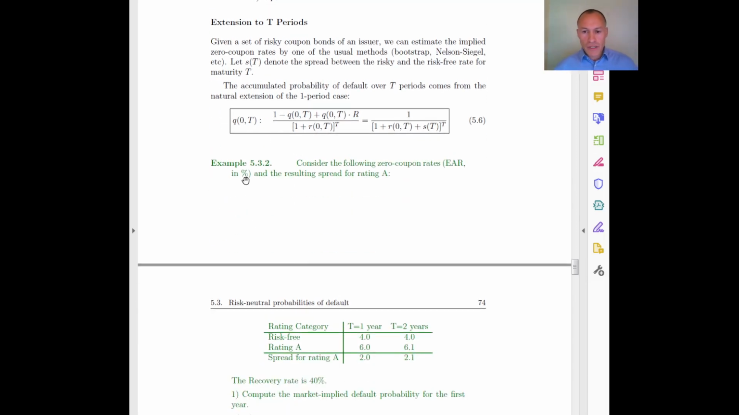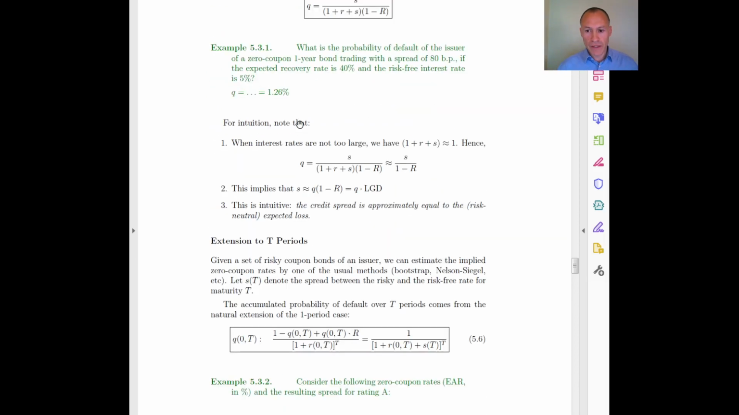Okay, so now let's see how to compute the probabilities of default for periods after 1. So extend this to any number of periods. Okay, so I can start with a set of bonds, and from that I can get the corresponding zero coupon rates by one of these methods we have seen before, like bootstrap, Nelson-Siegel, and so on. So I'll denote by S the spread between that risky rate and the risk-free rate for the corresponding maturity, right? So basically what I'm going to do is just a natural extension of the previous equation that we had up here